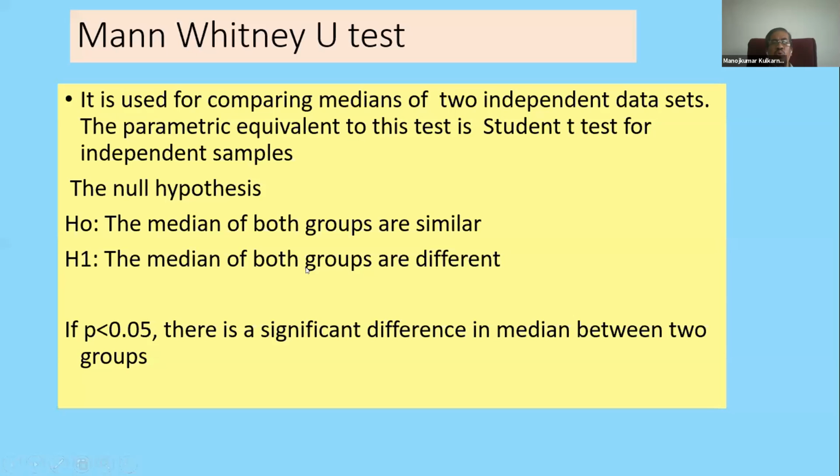They are the most commonly used techniques or tools in the conduct of research. Now, start with the Mann-Whitney U test. The Mann-Whitney U test is basically a parallel to the student t-test for independent samples. Here observations are made separately on two groups, and we want to compare whether the medians of the two groups are similar or different. The main purpose is comparing medians of two independent data sets.